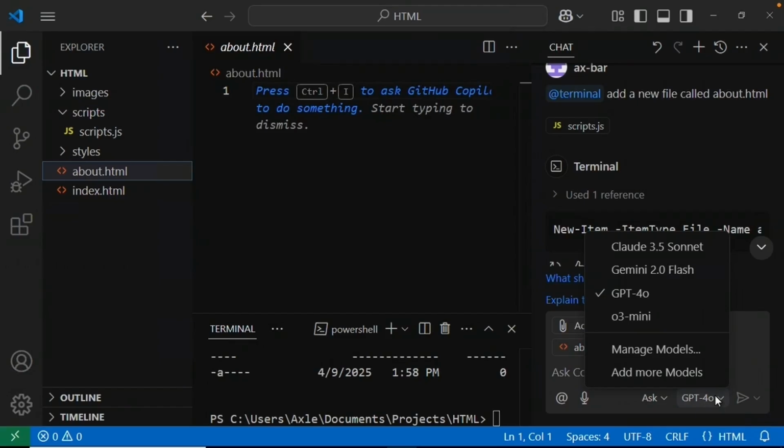Generally, models with mini in their name are lightweight versions, so you shouldn't expect the same capabilities as from the other 3 more powerful models, which are better suited for complex tasks requiring greater efficiency. It must be noted that the icons inside of the chat interface will change based on which model or mode you choose. This chat interface will be your main point of interaction when using Copilot in your daily development work. In our next demonstrations, we'll explore how to use these features to enhance your coding efficiency and solve typical development